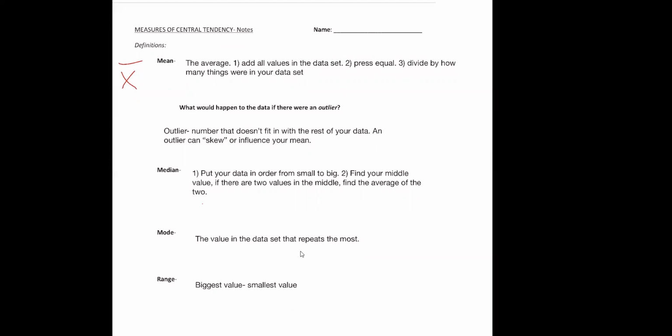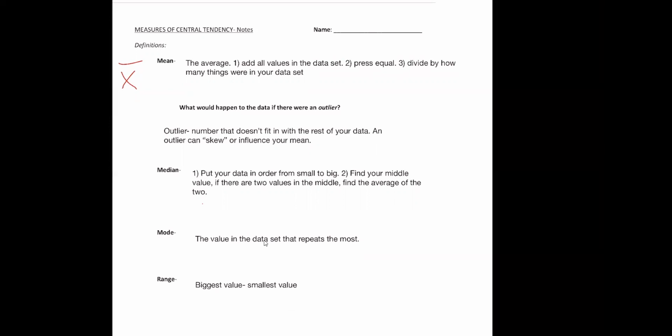If you're ever looking at something with money, I would recommend you look up the median salary of whatever career you're looking at. Or if you're looking at house prices, look at the median house price, because you're going to have mansions in some neighborhoods that really skew the average. So the mode honestly isn't used that much, but the mode is basically the